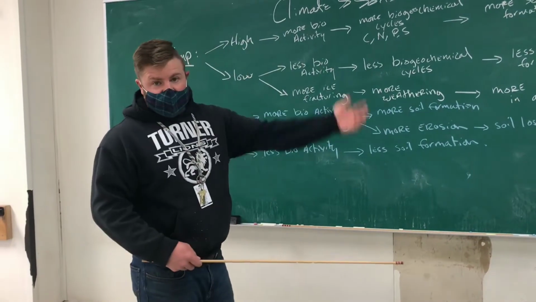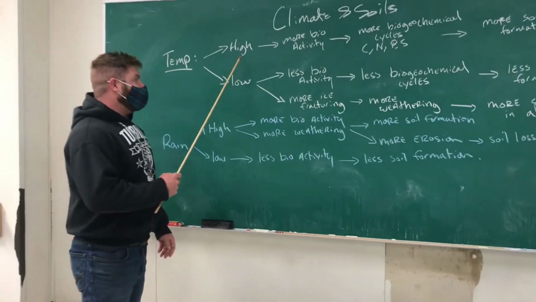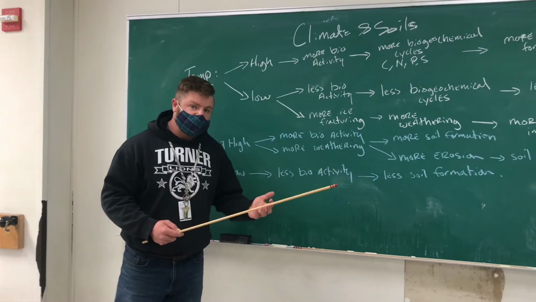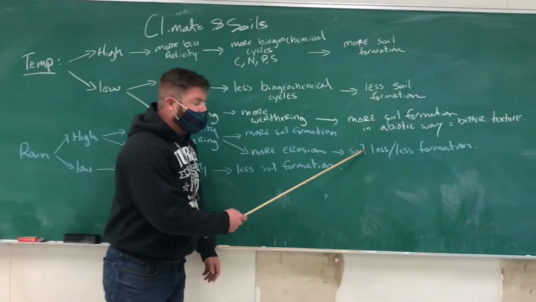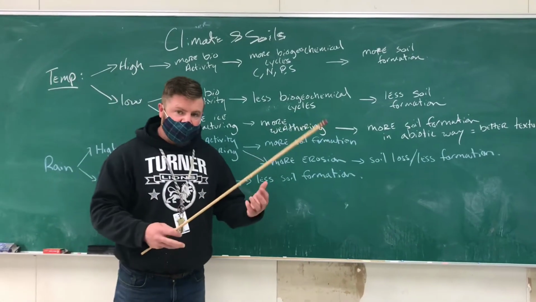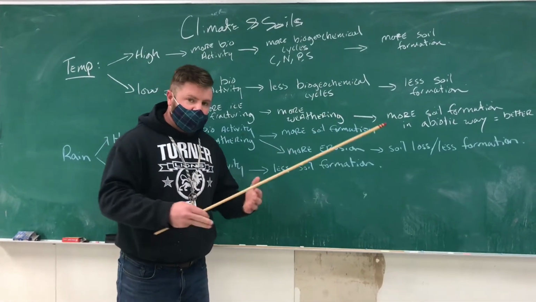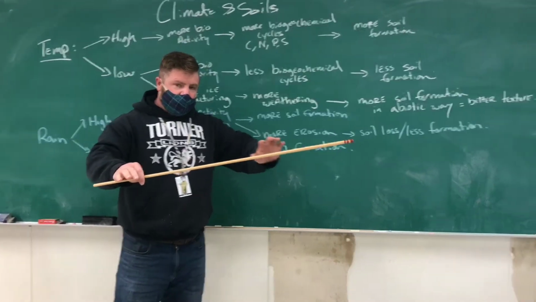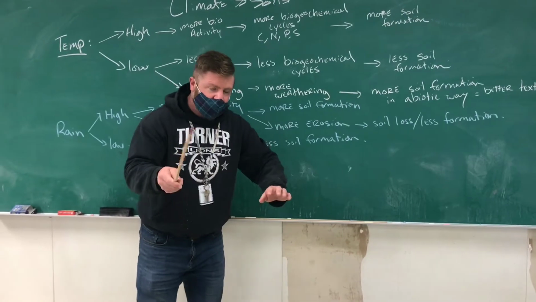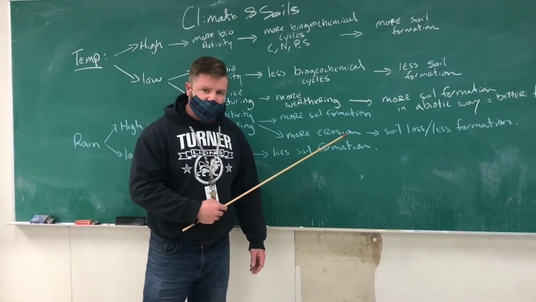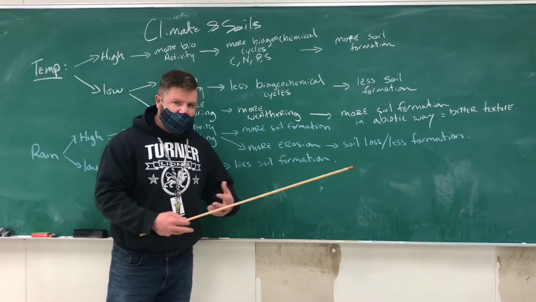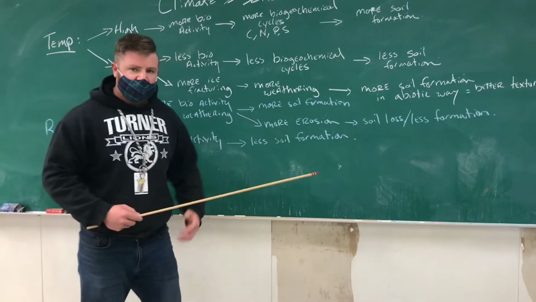Now, the opposite is true. In places where we have really high temperature and really high rain, we could get soil formation if we could keep it from running off. And that's the key to preserving some of these rainforest soils and tropical grasslands where the habitat has been destroyed. Can we repair it? Sure. But it's got to start with soil management first. And then once you keep all this great soil on site and start enriching the soil, then we can start to repair a habitat.